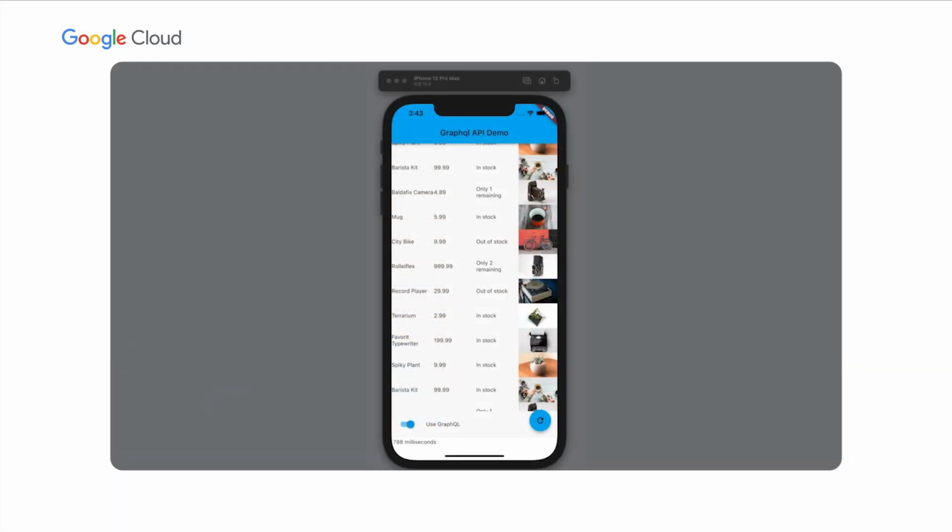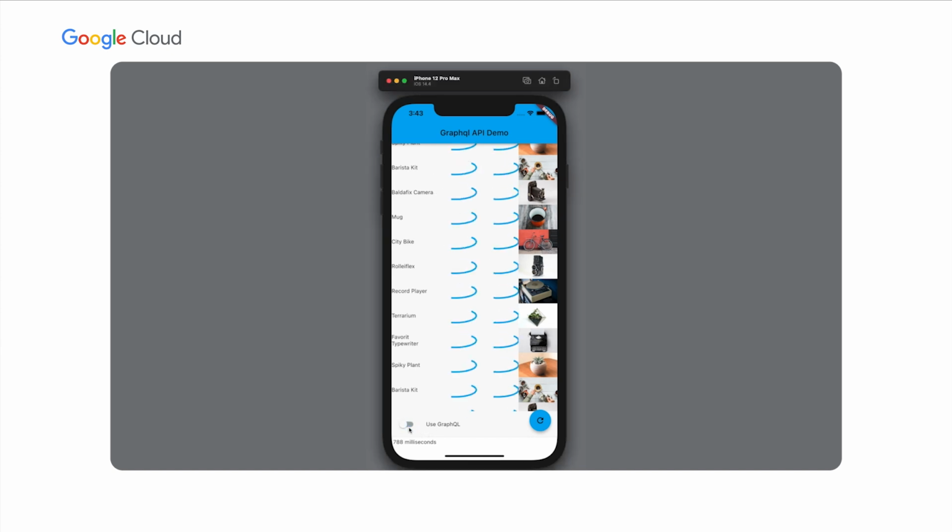And with that, we have a demo. You're going to listen to me, and we're going to show some of the new GraphQL features of Apigee and what we can do with them. I'm going to start with an example of a mobile application that uses GraphQL. This application is a product catalog, and it makes one API call to get the product information, plus an API call for every price and every stock information.